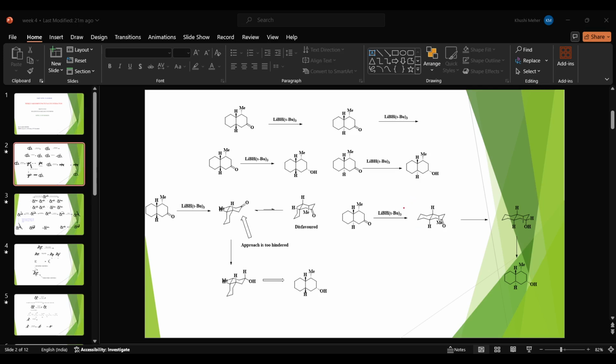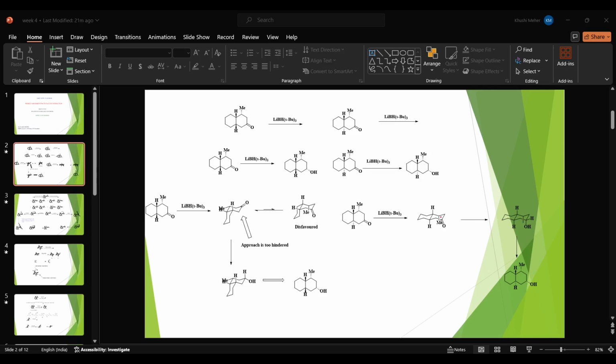Why? Because our cyclohexane ring has to come in the equatorial position to get maximum stabilization as compared to our methyl group. If you put our methyl group in equatorial, then both cyclohexane ring bonds will come in the axial position, and that is not possible. For that trans compound, for any kind of trans compound, it will always be in chair conformation if it is a 6 member ring,